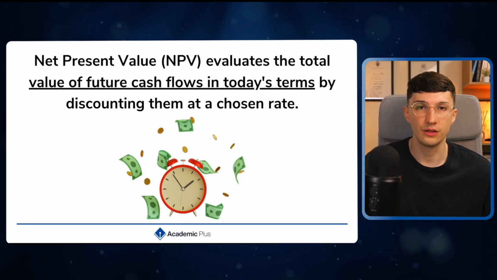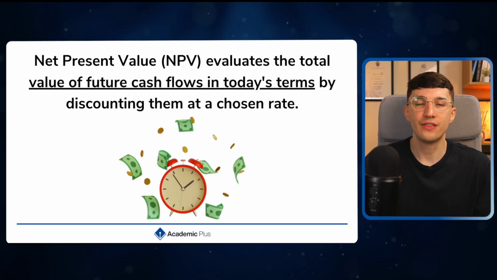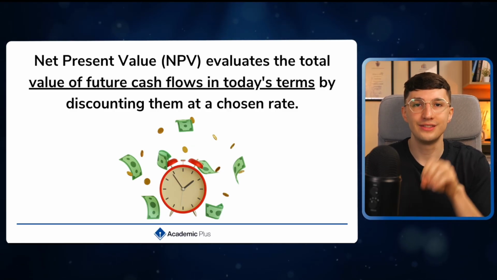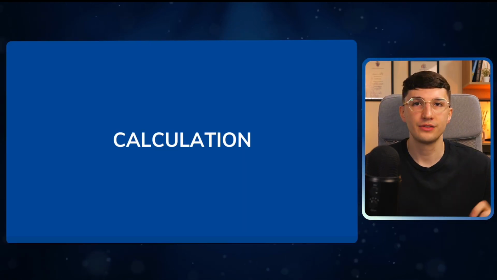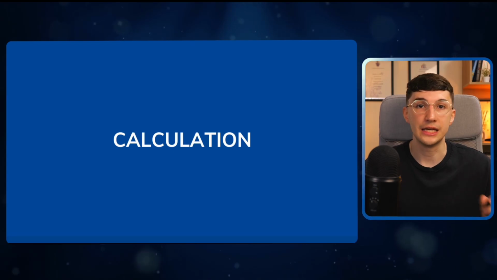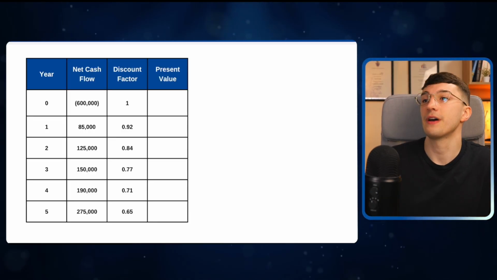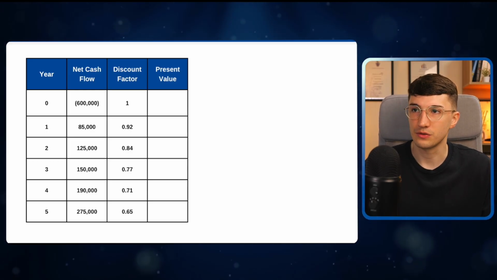Money becomes less valuable. Now, the great thing about the net present value is that it tries to estimate those future cash flows in terms of today's value of money. And it does this by discounting them. Now, for me personally, I think the net present value is the easiest one to calculate out of all of them. Now, you can see here a project, an investment that we have, 5 years, initial investment minus £600,000,